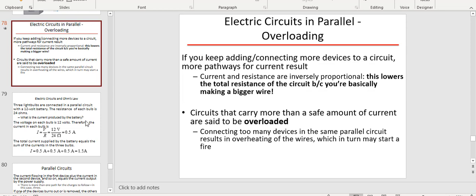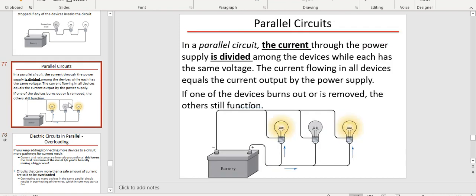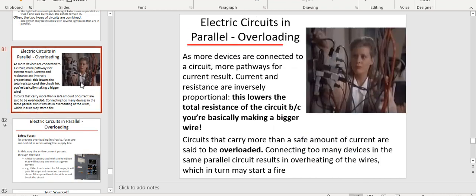We're just going to finish off this PowerPoint here. We only have a couple more slides to go. Just this whole idea of overloading, this parallel circuit. If you keep adding, like parallel circuit is this one right here, right? And if you think about it, your current is traveling through, current's going here, here, and here. But if I keep adding new things to it, in this scenario right here,